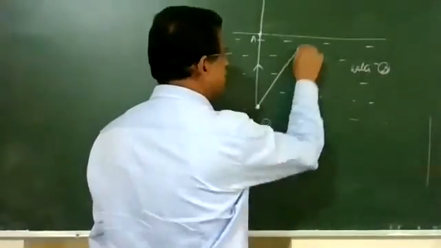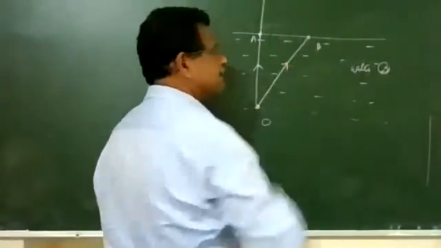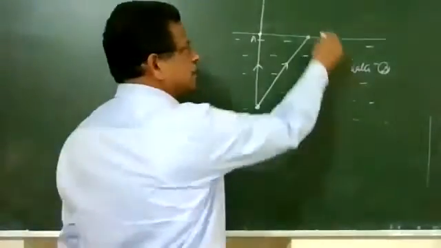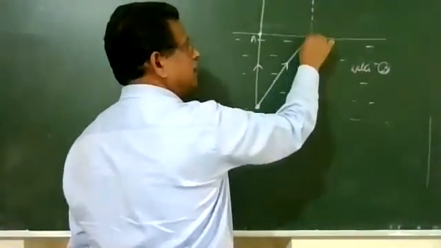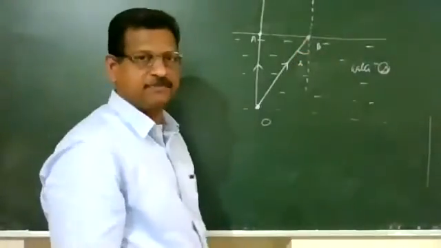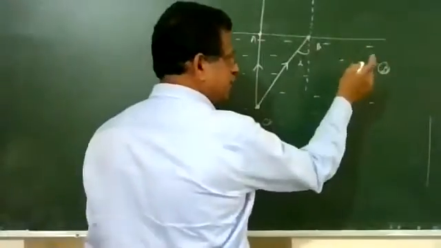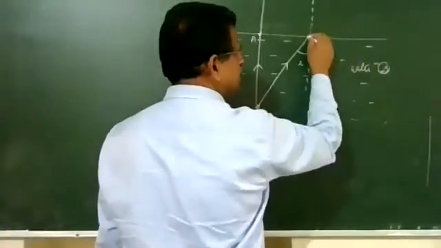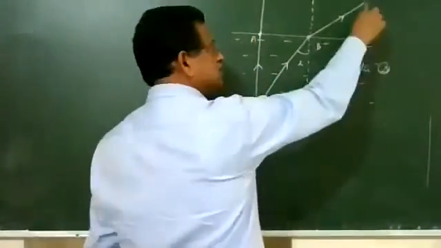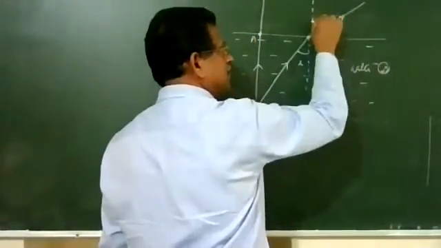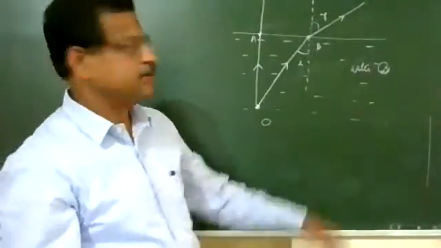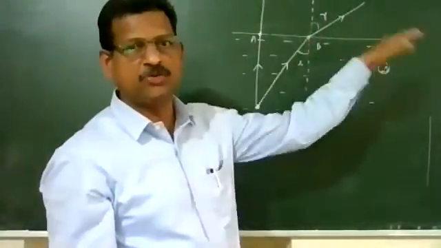Second ray reaches the point B. It is an oblique incident. At the point B, you can draw a normal. So this is the angle of incidence. And light is going from water to air, so it bends away from the normal. So this is a refracted ray, this is normal, and between refracted ray and normal is R. You can see that R is greater than I, going from denser to rarer medium.